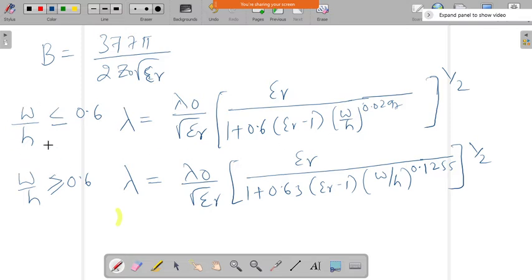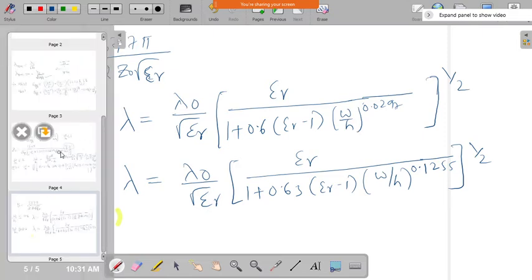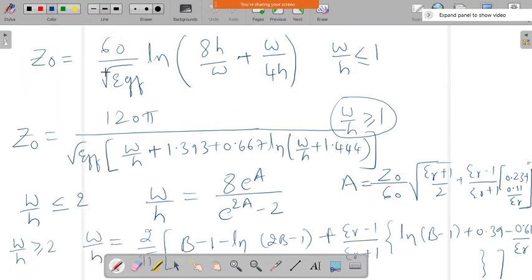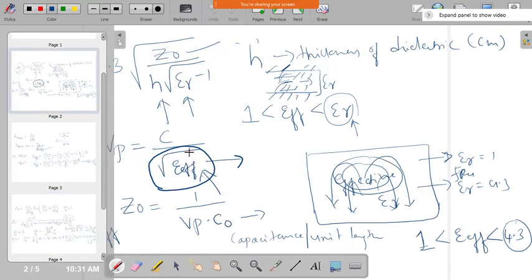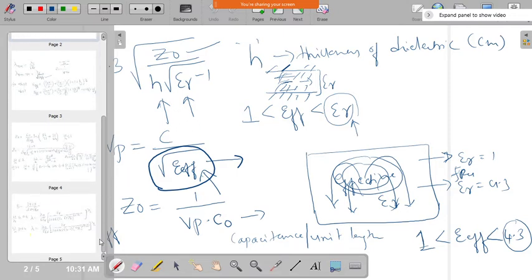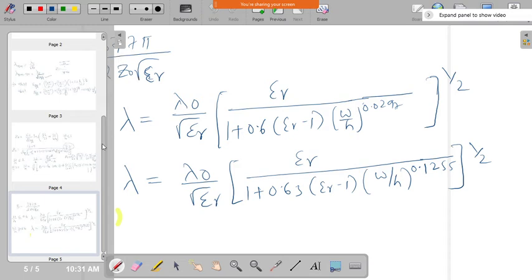So this is the equation for W by H ratio less than or equal to 0.6, and this is for W by H ratio greater than or equal to 0.6. Okay, so these are all the equations we have to use for the design of microstrip line. Now we have to see the important factors, that is the loss factors,